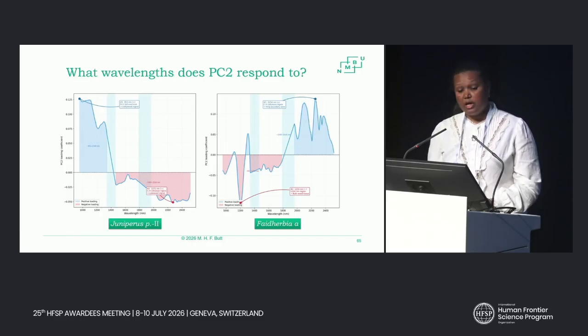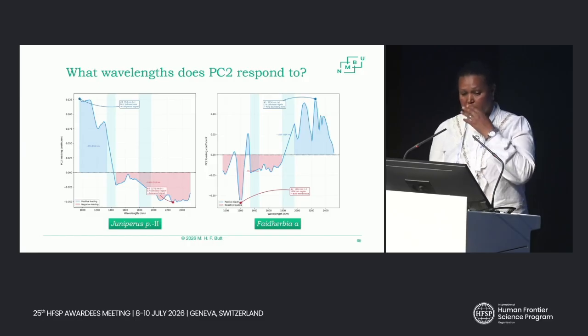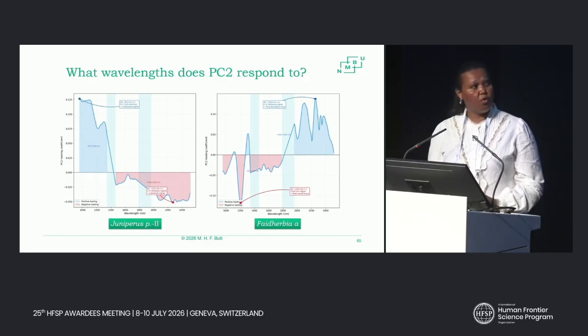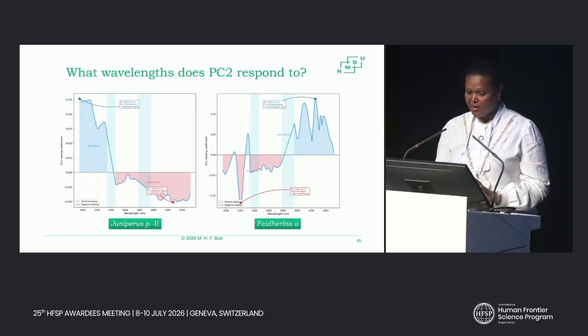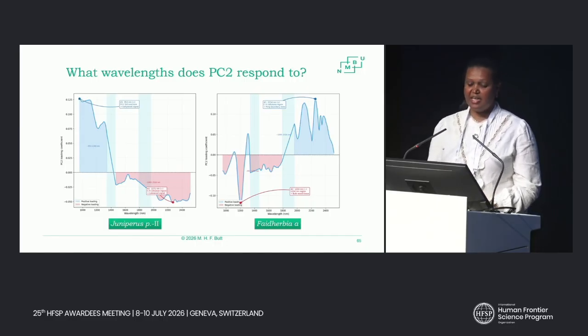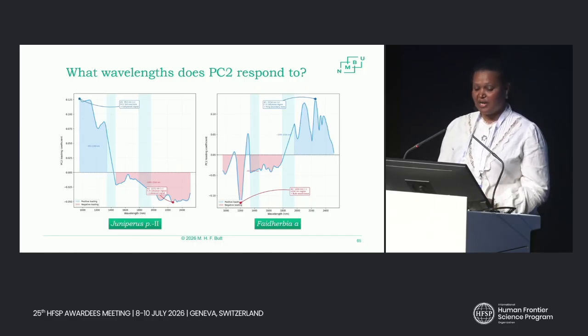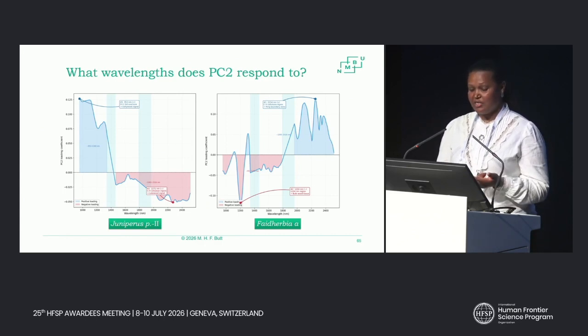Yeah, the one on the right is the same, the Juniperus from different sites, but the one on the left is the one for Faidherbia albida, which is a little bit crazy and difficult to explain, but I will say a little bit about this species, which is a little bit strange in its nature, which I didn't know before.